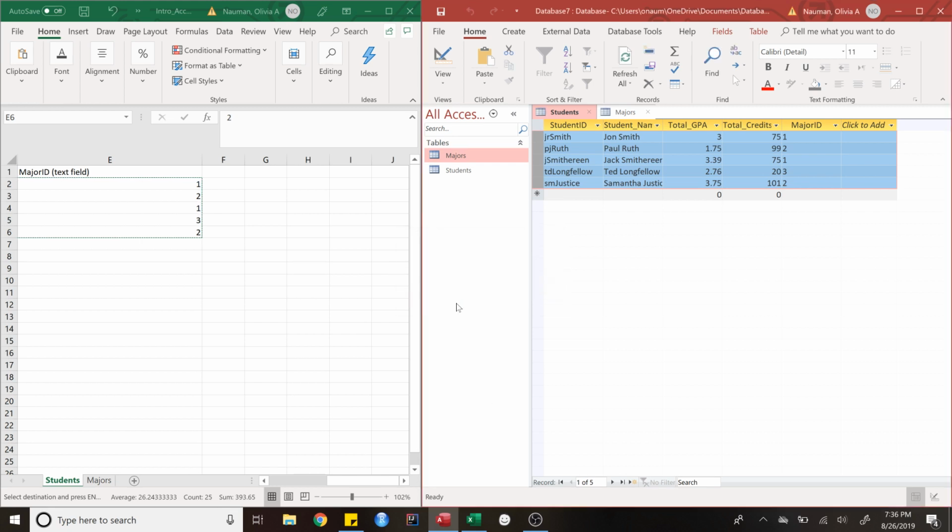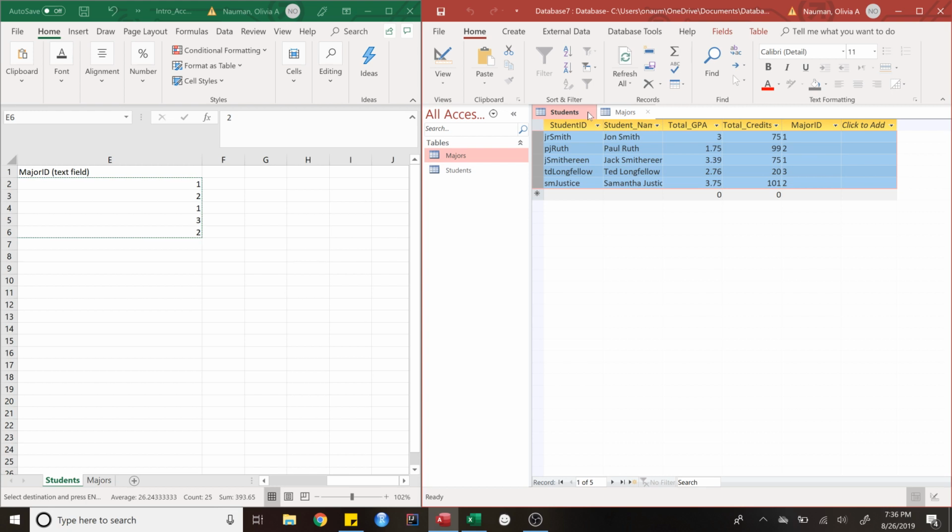Sometimes here it'll tell you that you have a paste error. That would just mean that you have duplicates somewhere and it will remove the duplicates. So don't worry about that if that happens. It'll actually show you what it removes as well. So no big deal. So now that we have data in both of our tables, we can go ahead and